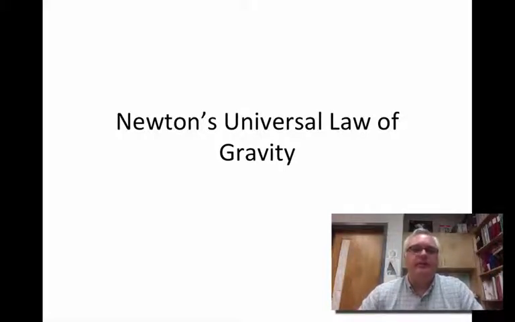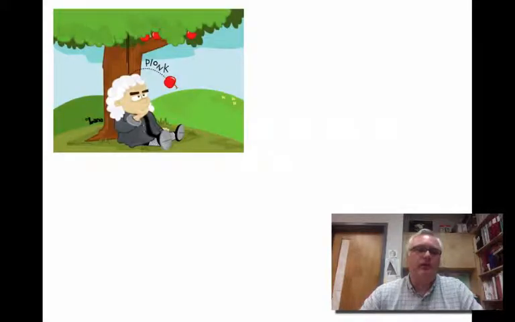Okay, this video is on Newton's universal law of gravity. So the story goes that Newton was sitting under an apple tree and an apple fell on his head and he magically came up with his law. Now, that probably didn't really happen, but the genius of Newton was that he was able to realize that the